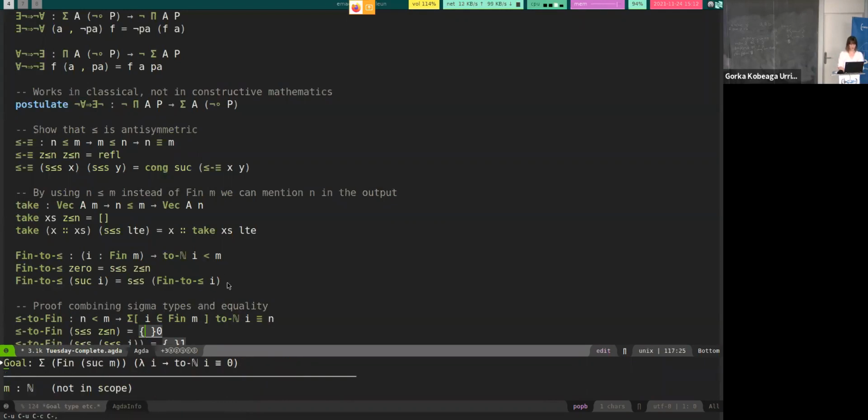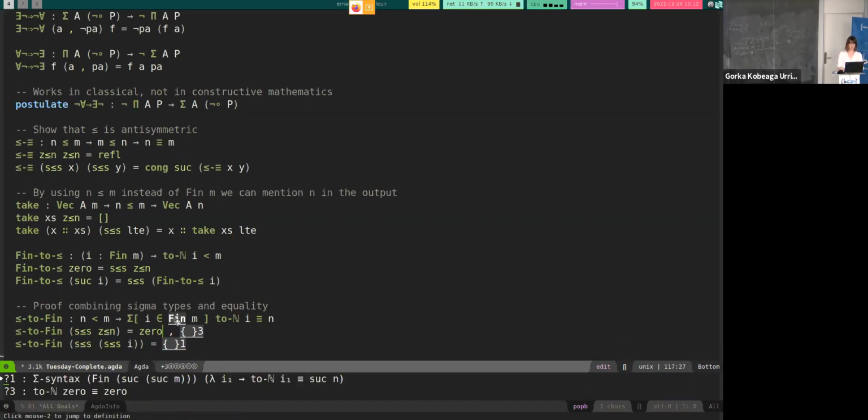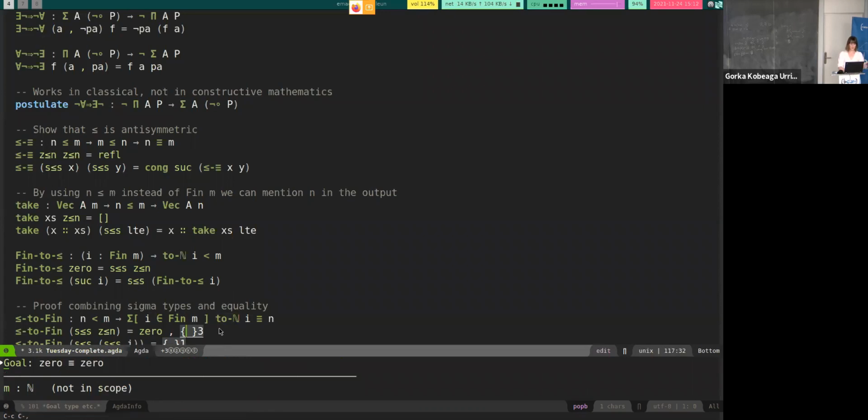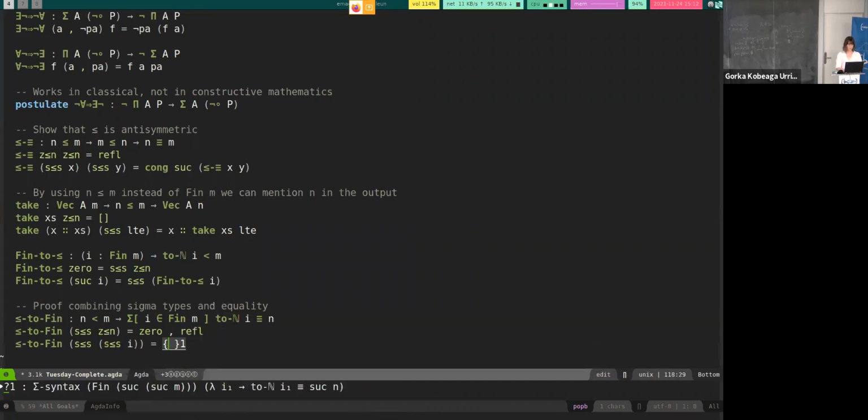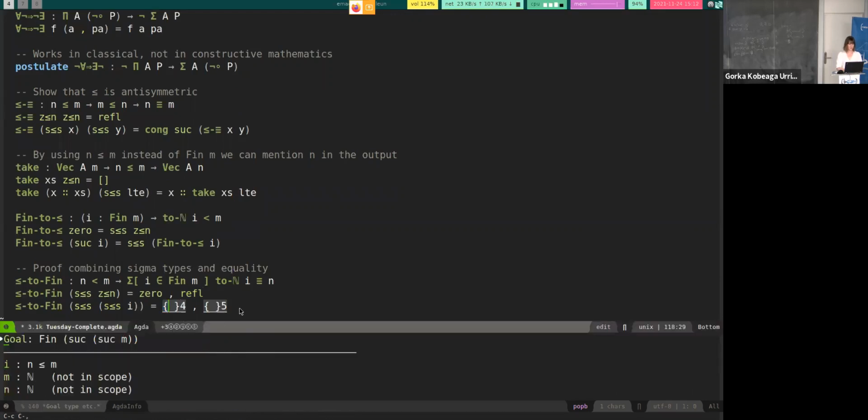And so we start pattern matching. In this case, this is the case where n is 0. So we are going to have to give the selection is 0, and then when we convert it to a natural number, we need to give a proof that 0 equals 0, and we say refl. And in the inductive case,